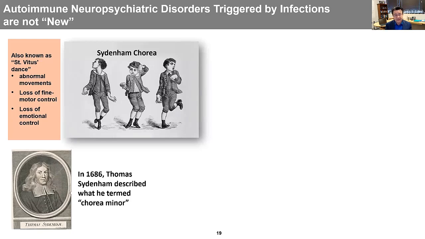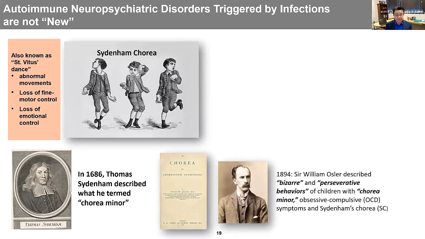Vitus's dance. And this was abnormal movements, the loss of fine motor control, loss of emotional control. Again, remembering what the basal ganglia is biologically responsible for. And Sir William Osler described in the 1800s this bizarre and precipitate behavior in children with chorea minor and Sydenham